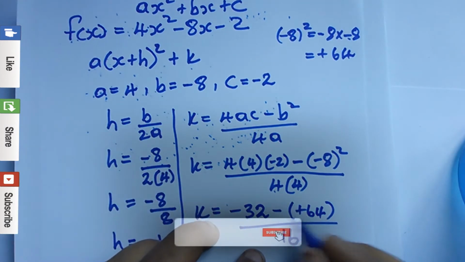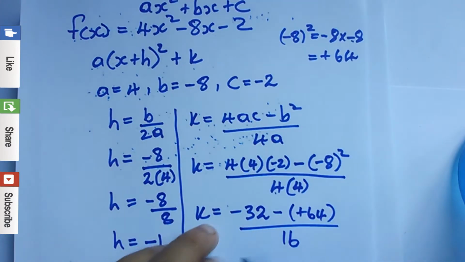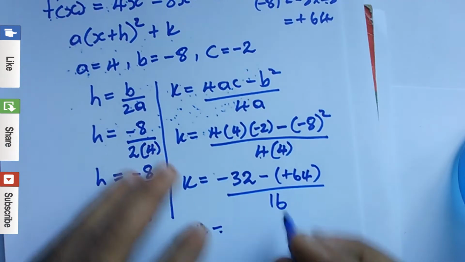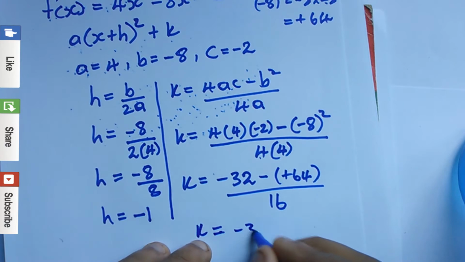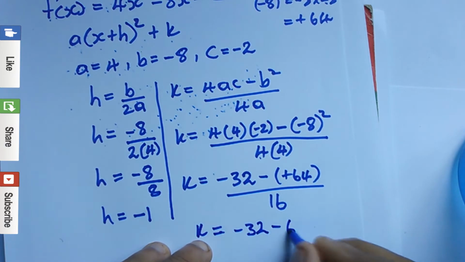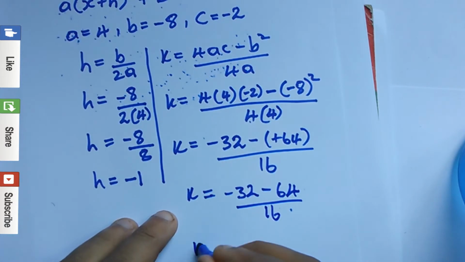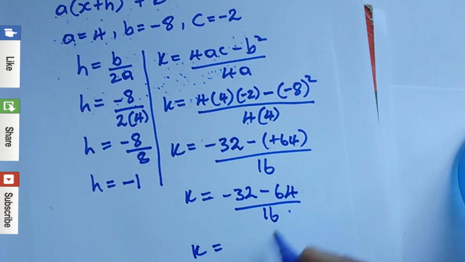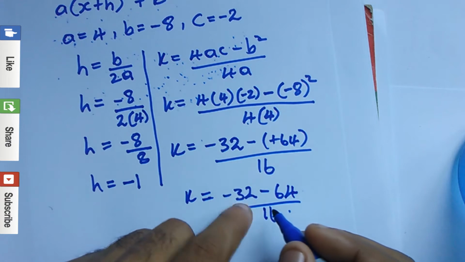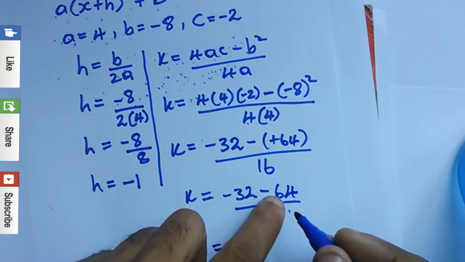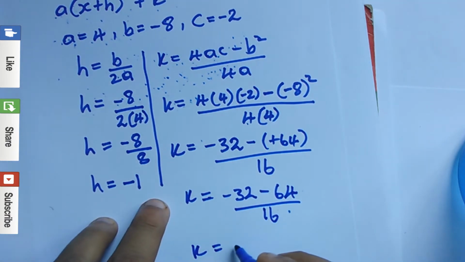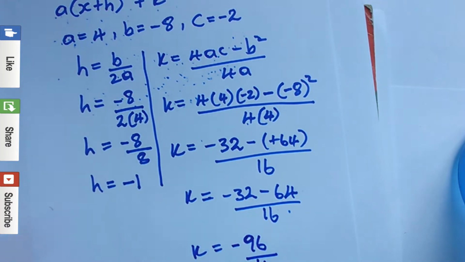The bracket means to multiply, so negative times positive is negative, so k is equal to negative 32 minus 64 divided by 16. You can put these values into the calculator. So we have negative 32 minus 64, that is negative 96, divided by 16. So we can